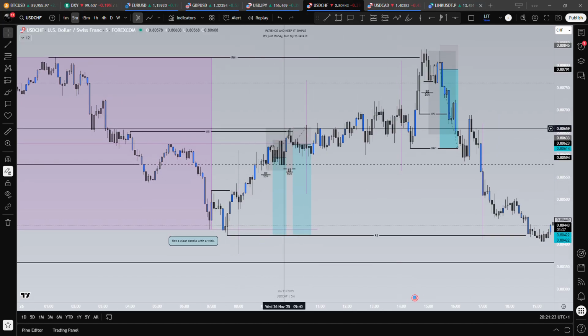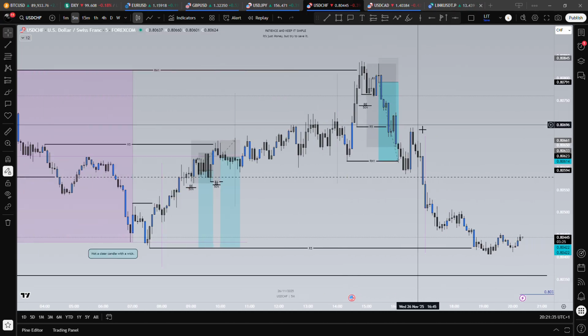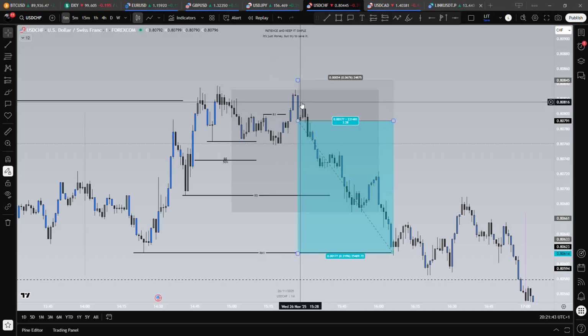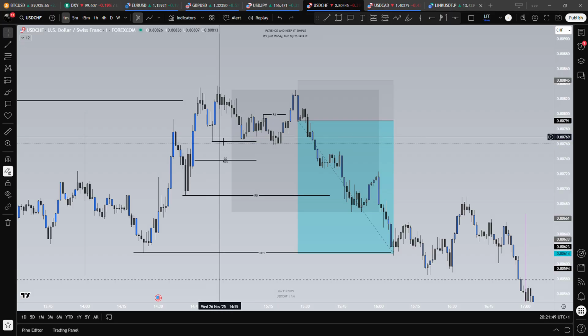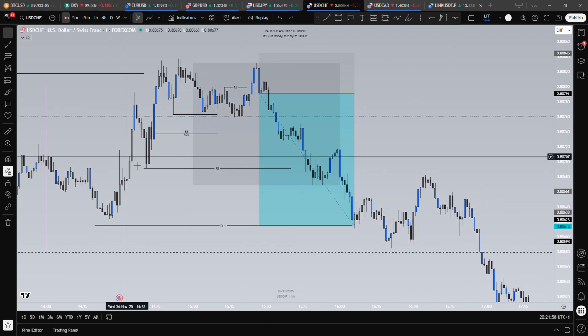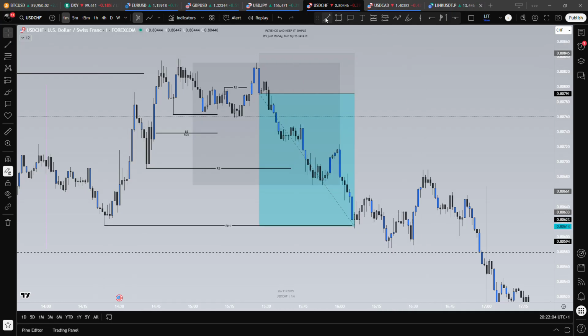And then we had the movement to the upside. On the Asia midline, I looked for a reversal trade, and then I looked for another one after taking the round liquidity in M5, and both were stop losses. And finally, we had the reversal trade, breaking structure to the downside. I saw this one when it was here, more or less. So we had the break of structure to the downside. I was looking for the trade here, but we didn't have it. Then we took the round liquidity M1, engulfing candle, and the trade. Here we had the round liquidity M5, so probably I would have taken 50% here.